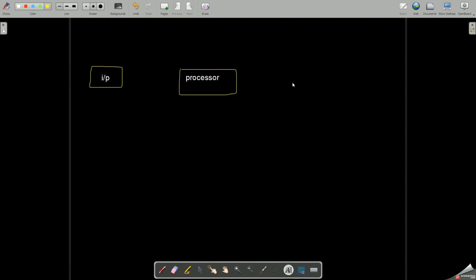And you get the results on an output device, which should be your monitor or speaker or printer, somewhere where you can see the output. And along with this, you can also choose to store the data somewhere, and that area is known as what? Memory.